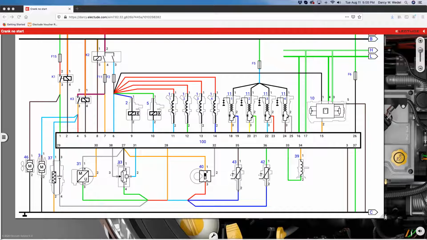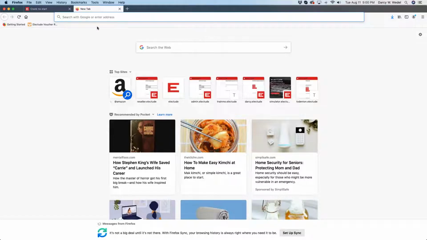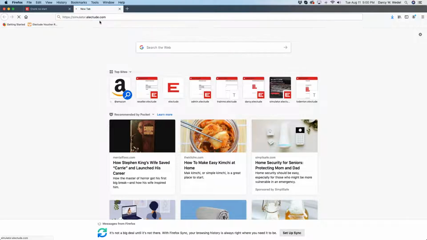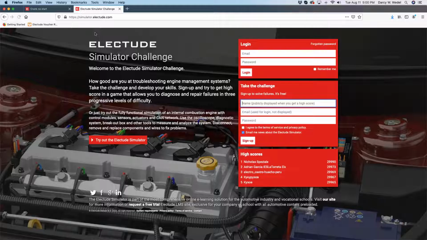Do we have to pay for Electude? Do we have to pay for Electude to get the simulator? No, you don't have to pay for Electude. There is a free game site. This is not the training version. This is a game version. But you know, if you're an MLR school and you can't afford the simulator, or if it wasn't included in your package, you can direct students to this website,